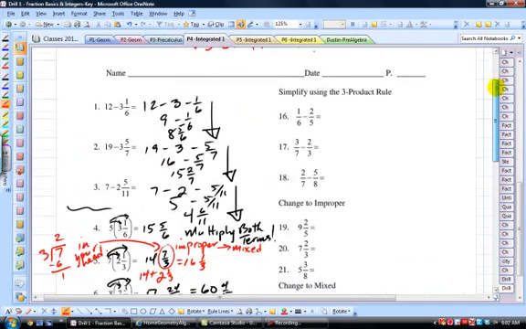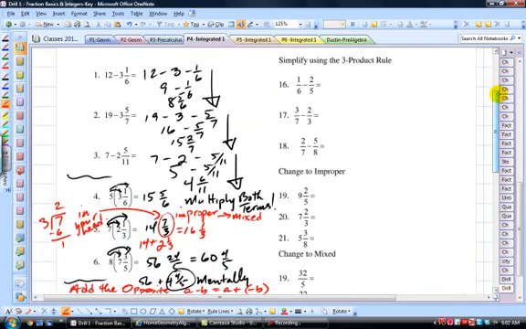All right, now let's learn something new here. Some, or a lot of people actually, have difficulty adding or subtracting fractions. I'm going to change this one here to plus, so fix this one. I'm going to show you a cool technique called the three-product rule used for adding and subtracting fractions, and it goes like this. A divided by B, and write this down, plus C divided by D is going to be equal to